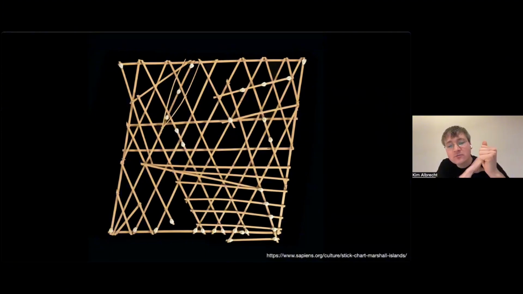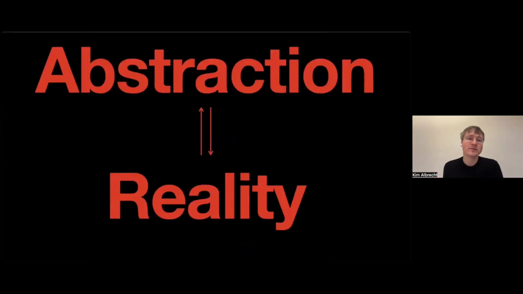And in this case, it was very important for the people using this that the map was actually matching the territory. So if you have strong currents, you could get really into trouble if you map out something wrong. And I think this is what information design is doing. It is always this connection between abstraction and reality, drawing those two things together and synchronizing them in a way. So visualization is a technique that brings together a certain model of the world as an abstraction and matches that with reality.